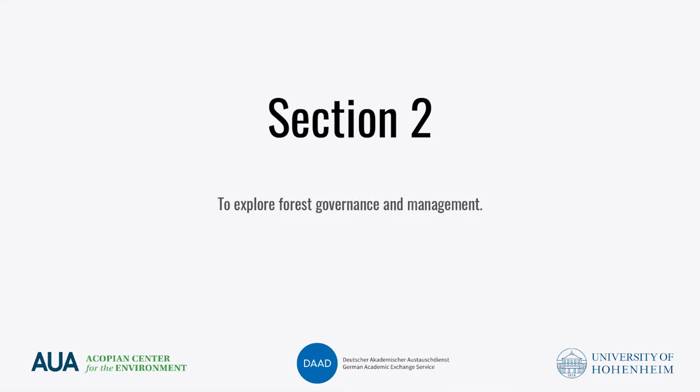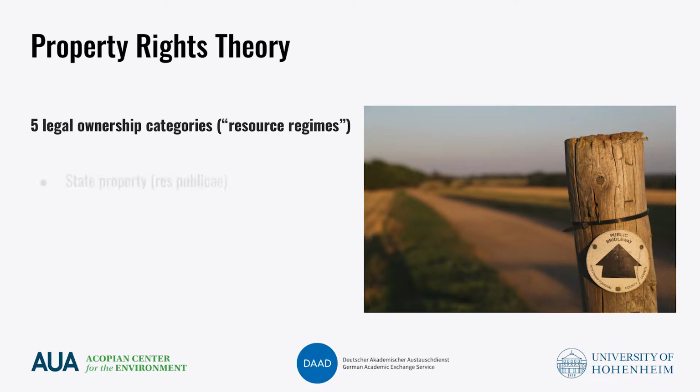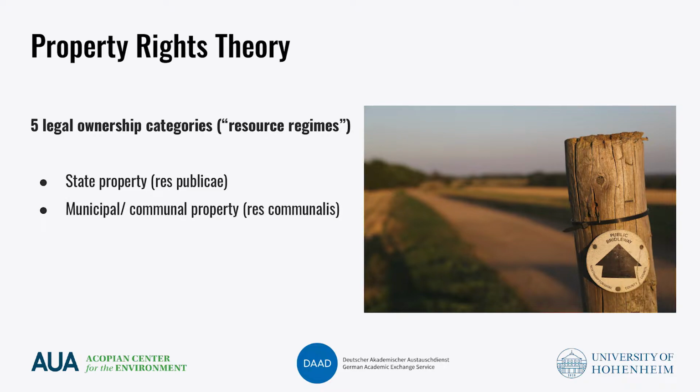In this section we will explore forest governance and management. According to property rights theory, there are 5 legal ownership categories, known as resource regimes. These categories include state property, res publicae, which are publicly owned forests managed by an agent of the government; municipal or communal property, res communalis, locally or regionally owned forests managed by communes, towns, municipalities or other administrative units;